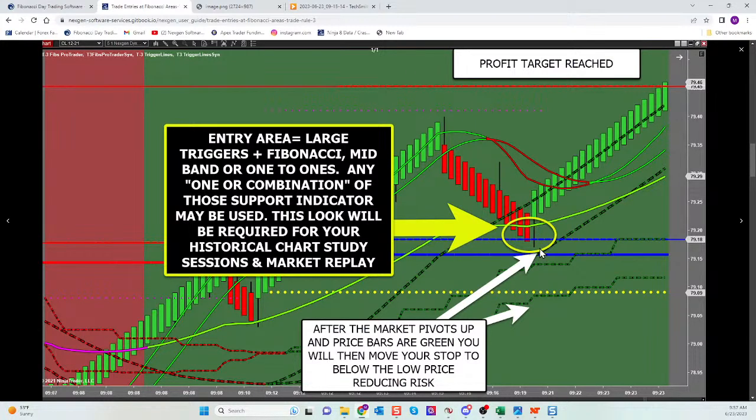Once that market begins to move in the direction of your trade, guys, reduce your risk. Put it below the pivot, not below the window anymore. I see you guys taking 3, 4, 5 tick risk trades all the time because you wait for the pullback to that area inside of favorable large triggers. See how it overran the mid-band and went down to Fibonacci support? Still in the window, still the best of the best. But because you wait for that pullback, your risk is reduced. Because you wait for that pullback, your profit potential grows exponentially.